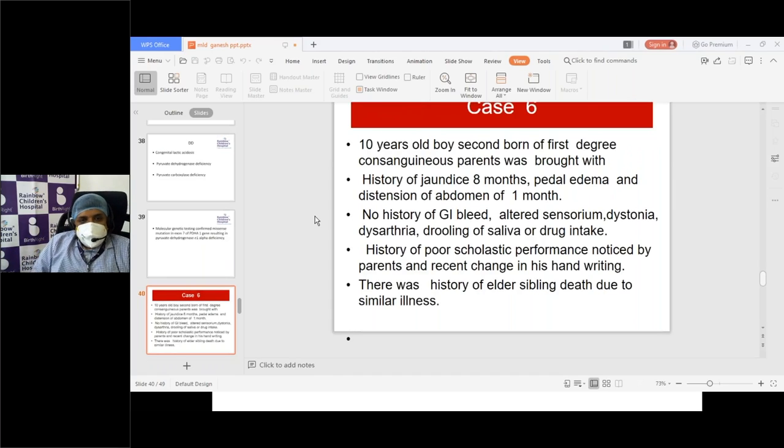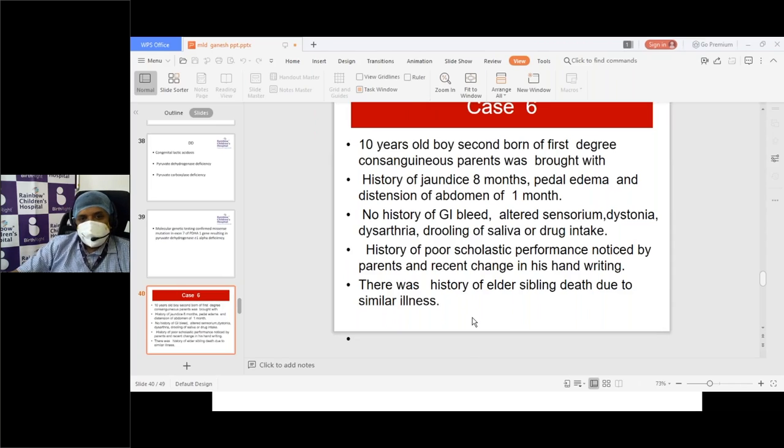Now, moving on to the next case. So this is a 10-year-old boy who was second born of first degree consanguineous parents. He was brought with history of jaundice for 8 months and abdomen distension noted for 1 month. There was no history of any GI bleed, altered sensorium, dystonia, dysarthria, drooling of saliva or drug intake. And there was poor scholastic performance, a recent change in his handwriting, and there was history of an elder sibling's death